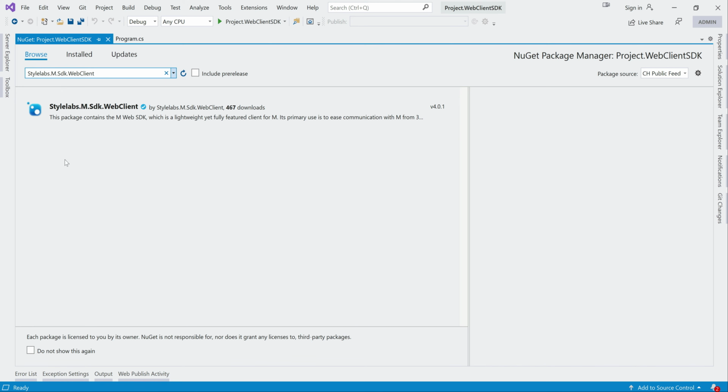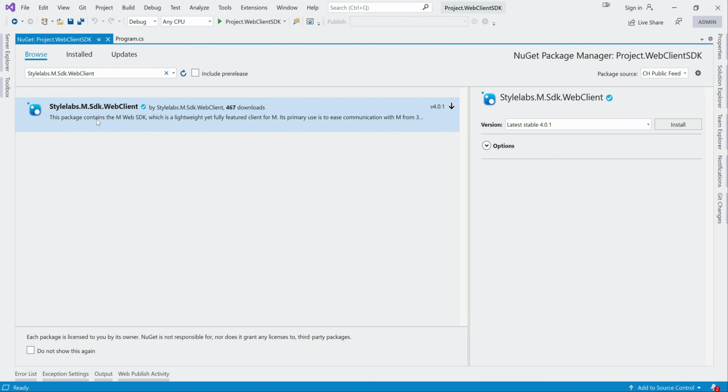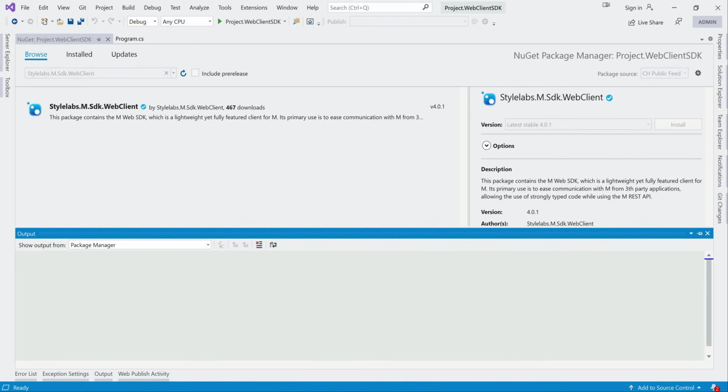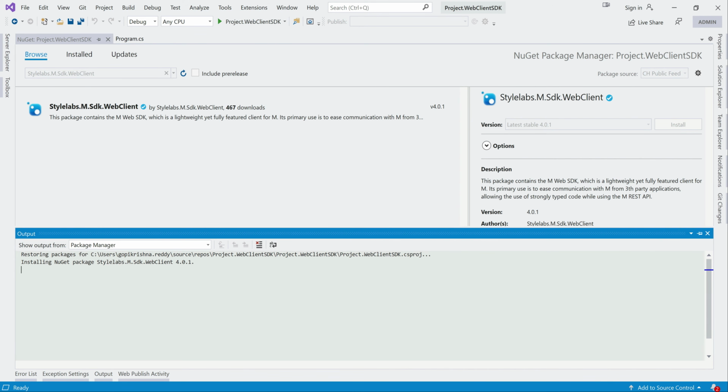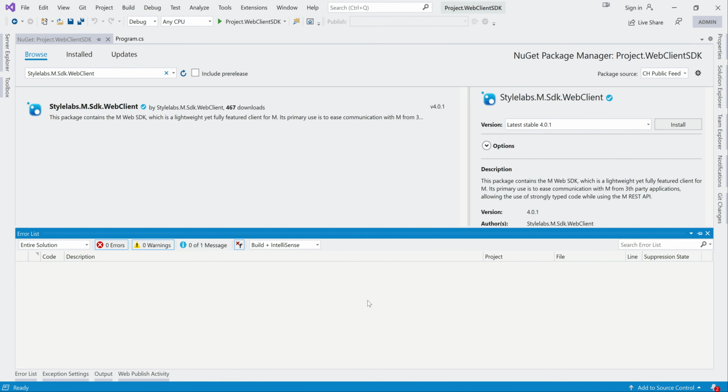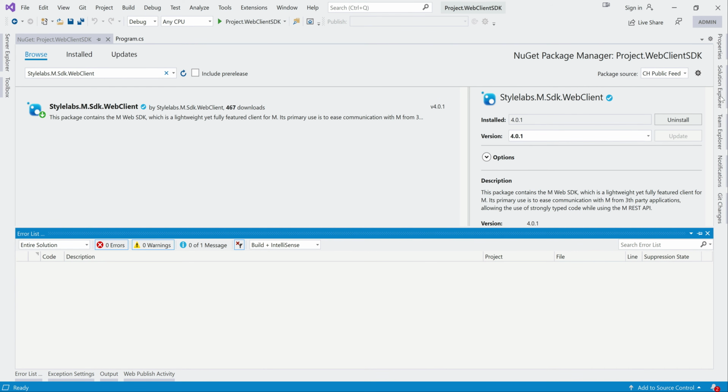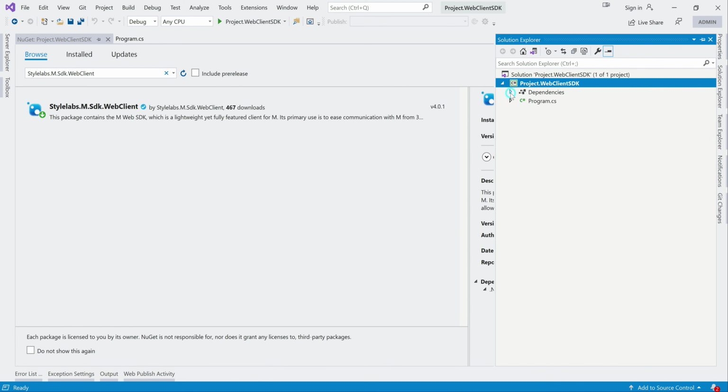This is giving me the package here, so I'm just installing the latest version. I have the latest sandbox. So this is added now, and you can see it here.